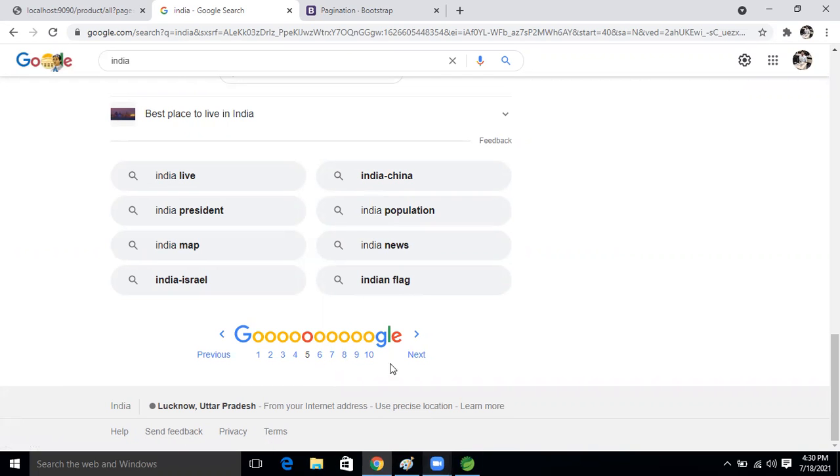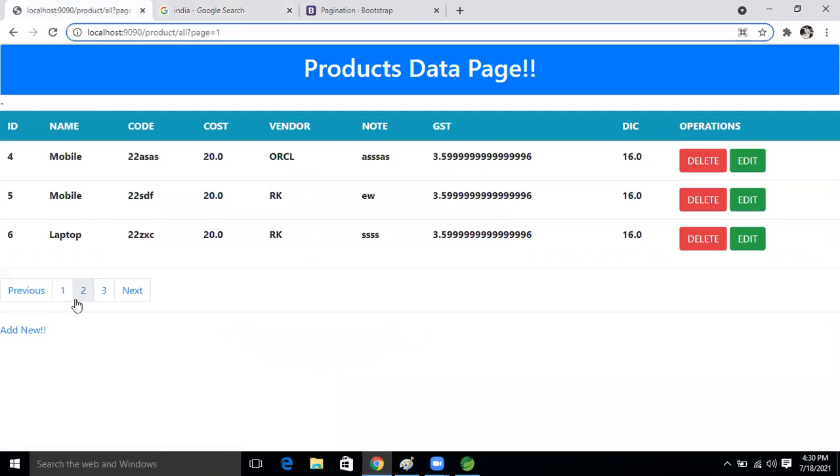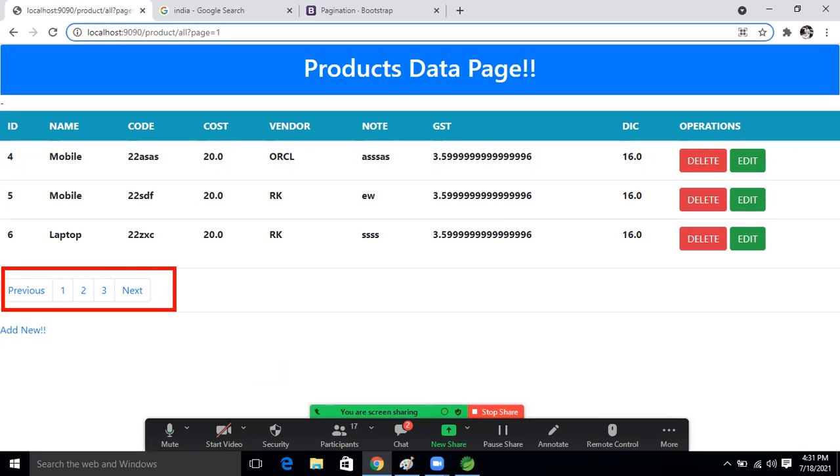But in our application, we can't say in which page we are there, right? We can't say, right? We can say by seeing this like what numbering.